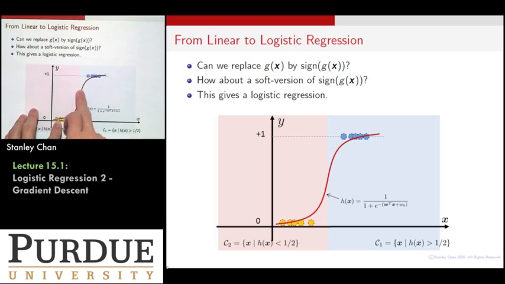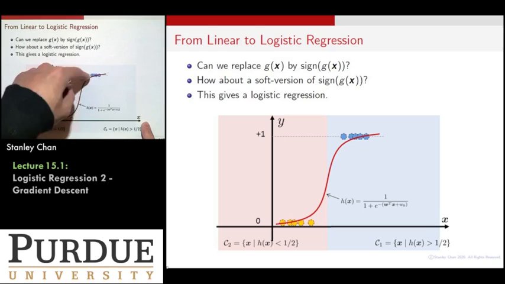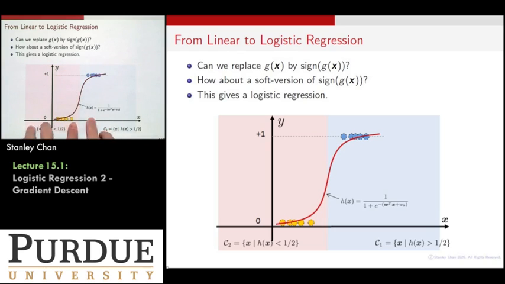And therefore, logistic regression gives you this curve. It seems that I can fit better. So that's the underlying idea of logistic regression. We want to find a nonlinear function that can fit these data points better. The form of the logistic regression is 1 over 1 plus e to the power minus something, and the something is a linear form. Now, this can be regarded as a soft version of the sign function,